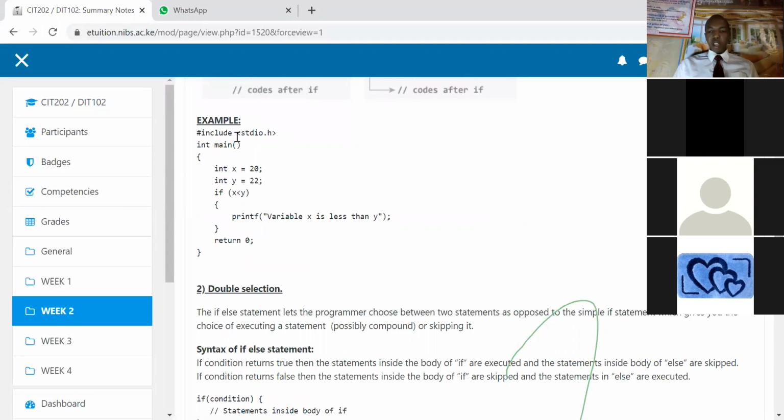Let's check our first example. We have our header file there. Okay, I hope we are together. That's our header file. Main function, int x equals 20, int y equals 22. Now, this is our condition: if x, being our variable 20, and y, being our variable 22, x is greater than y. If that condition is true,